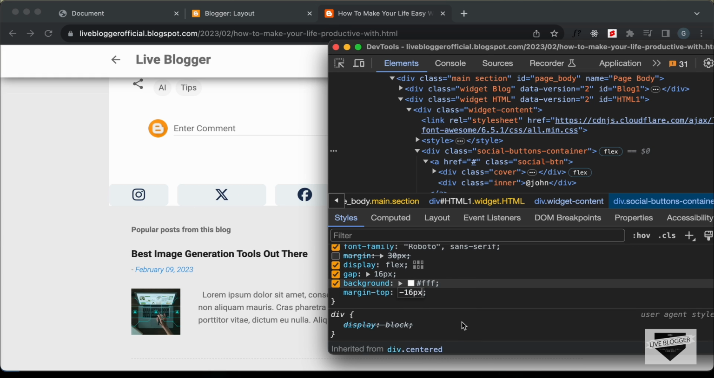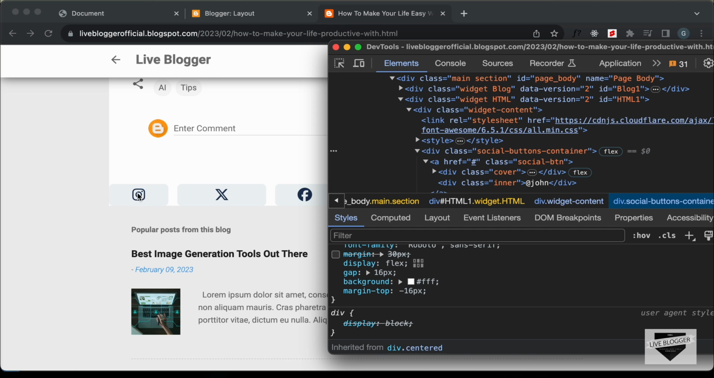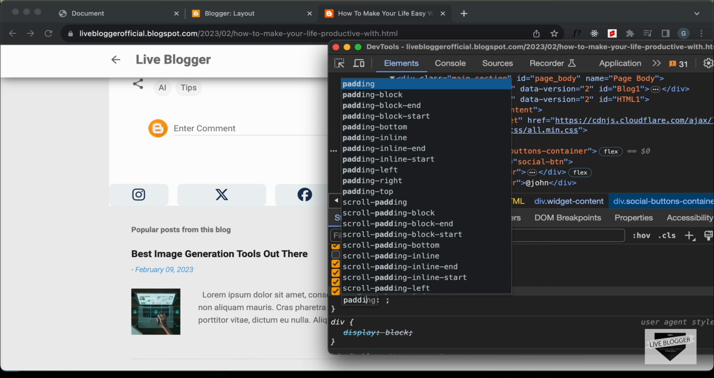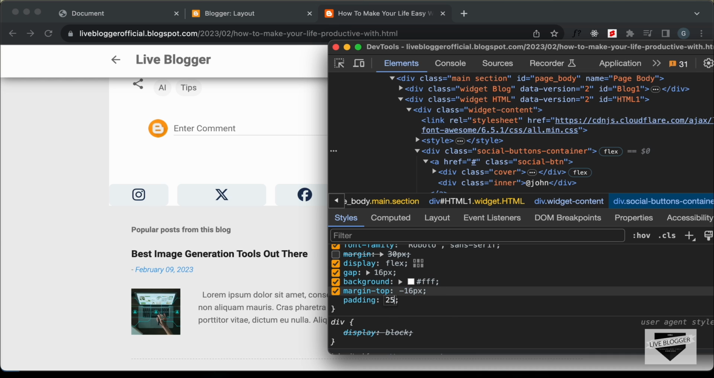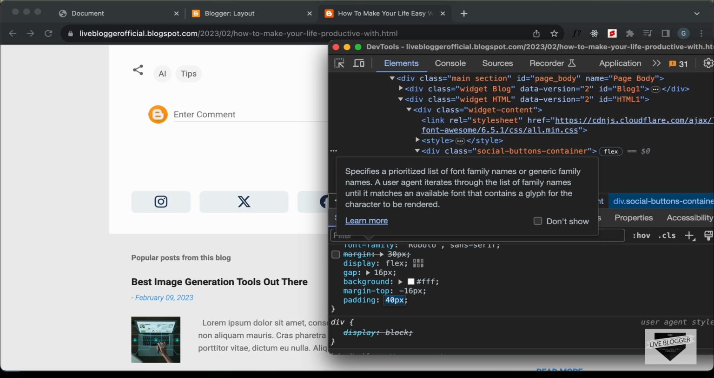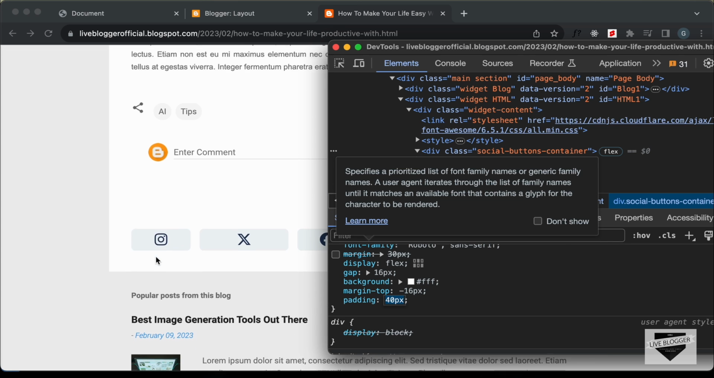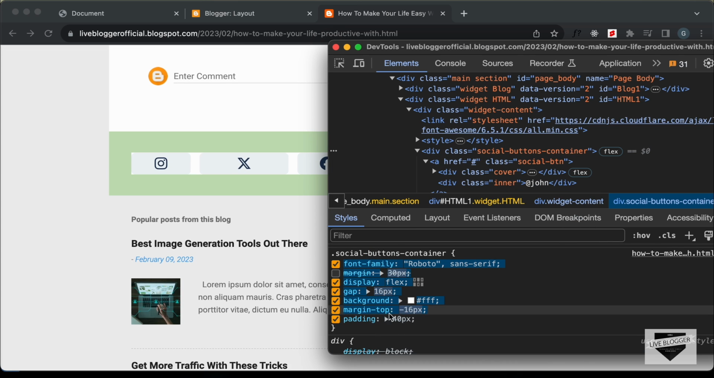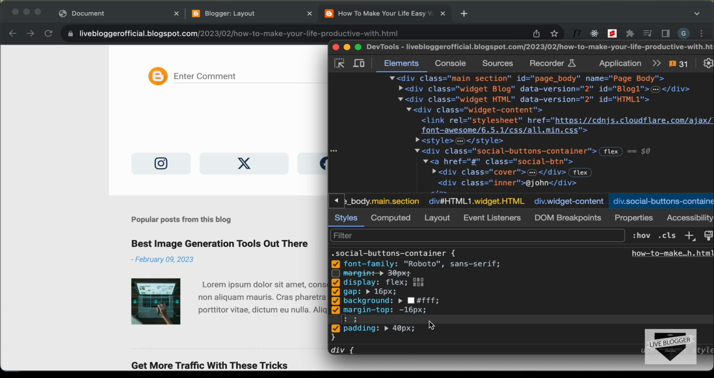Now let's go ahead and add some padding so that these elements do not stick to the edges. So let's add a padding of 24 pixels, or maybe we can increase it a little bit. So let's try 40 pixels. I think that looks all right. So let's go ahead and add these 3 lines of CSS to social buttons container. So let's copy these